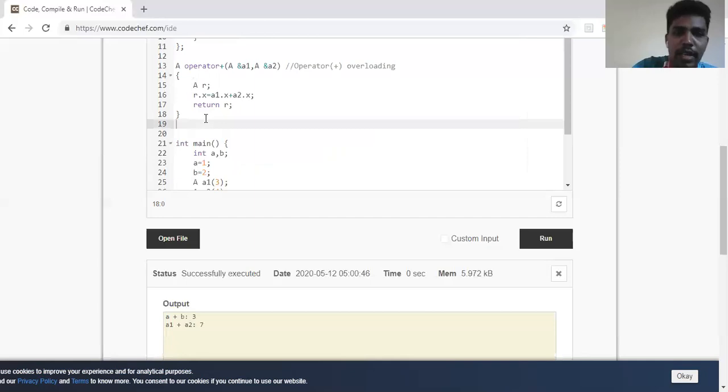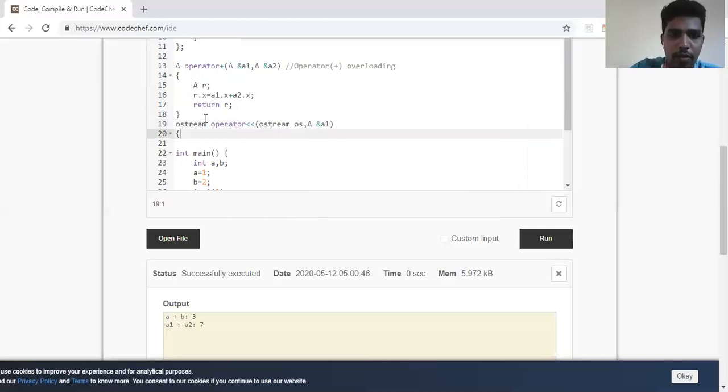So how I can actually overload the extraction operator is I should be writing ostream, and the operator to be overloaded in ostream is this particular operator. So I'll be writing ostream, one object o, and then a is the object reference. So I'll write a1.